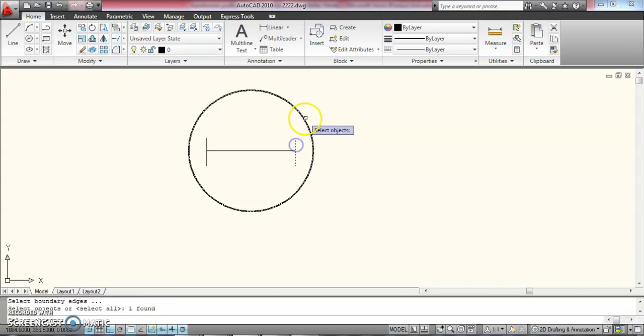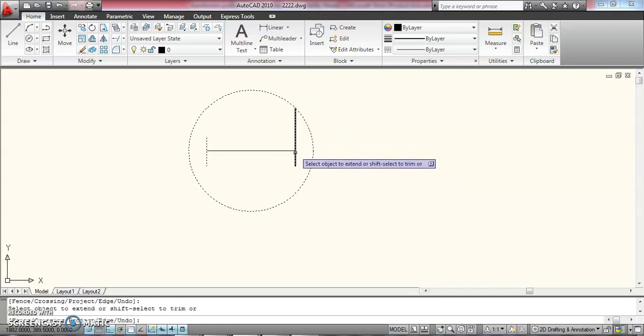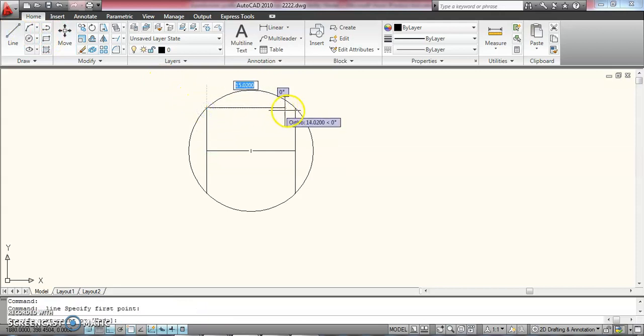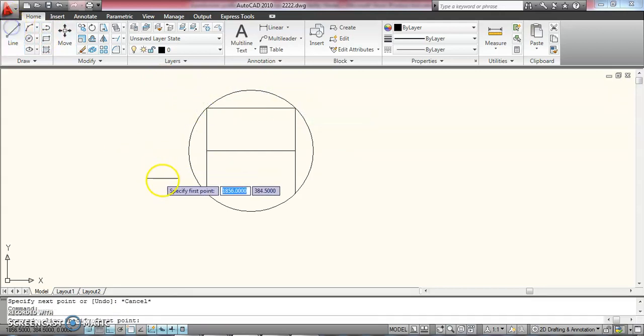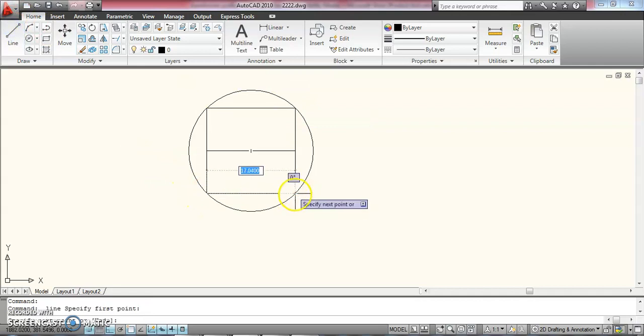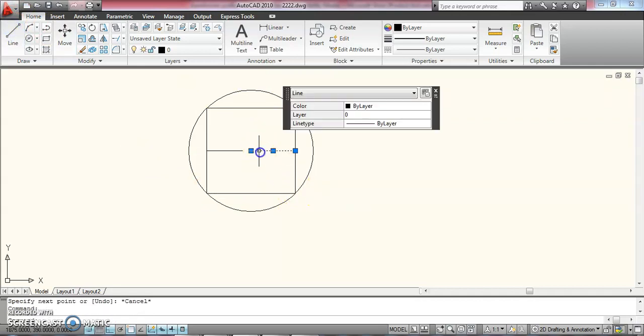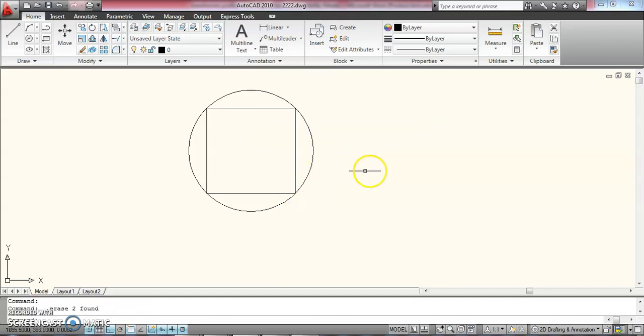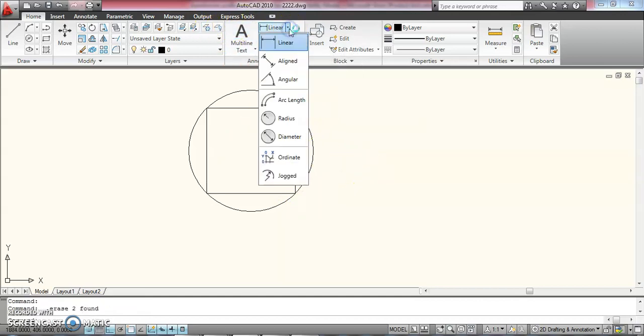While extending, select what you want to extend, and once you have selected the lines and the circle, the line has to meet the circle. So don't extend the circle to the line. The line has to meet the circle. Already selected, right click, extend, extend, extend, extend. Getting? Okay, then join this, and join this also. Now I'll delete this center line. So now this is the single step.